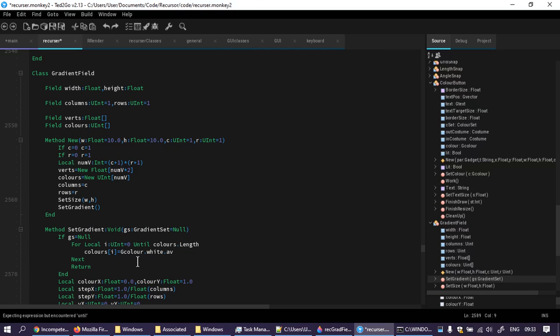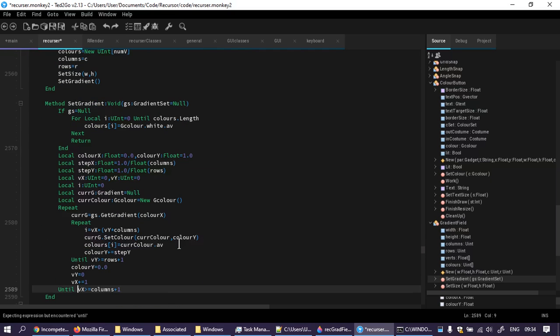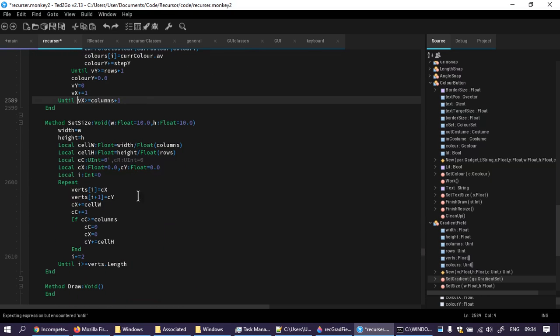You set a gradient with a nothing, well, you set size, width and height, right, columns, rows and columns, okay. So you call SetSize with your rows and columns. SetSize takes a look at your rows and columns,